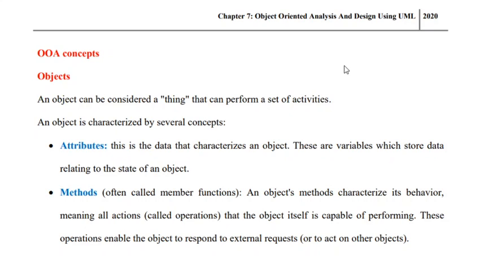Okay. So we have the first concept that is called an object. Now an object is a thing that performs a set of activities. So, for example, a teacher teaches a student. So a teacher is an object that performs a set of activities. So anything that performs a set of activities is called an object. Now an object is characterized by attributes,